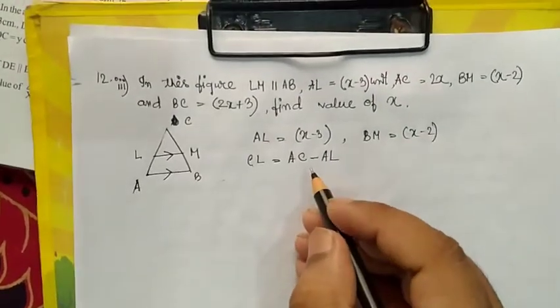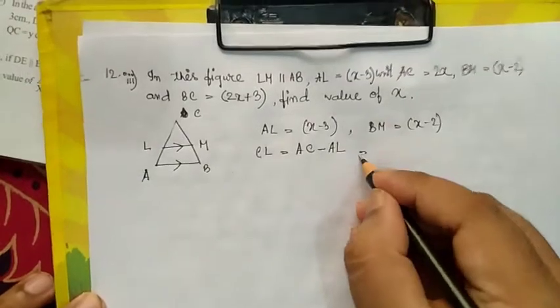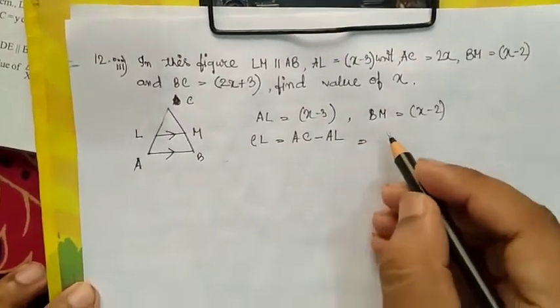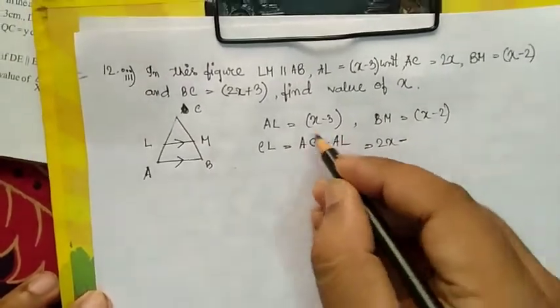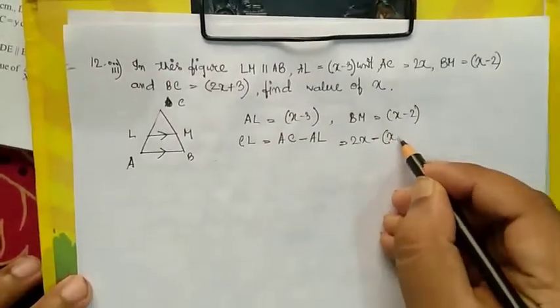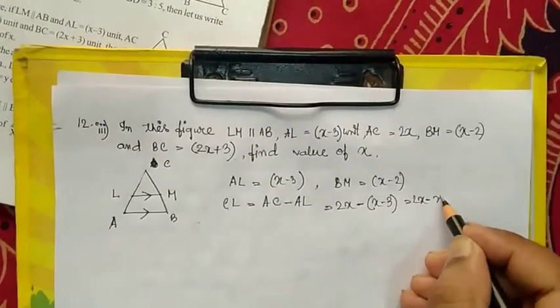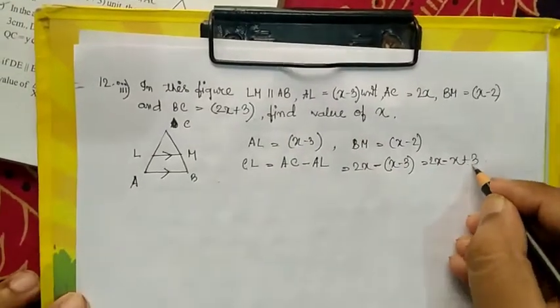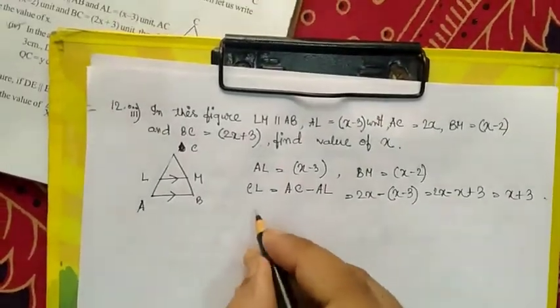If we subtract the value of AL from AC, we get CL. So the value of CL equal to AC, we know that 2x, minus AL means x minus 3, so 2x minus x minus 3, opening those brackets, 2x minus x plus 3 equal to x plus 3 unit. Same goes for CM